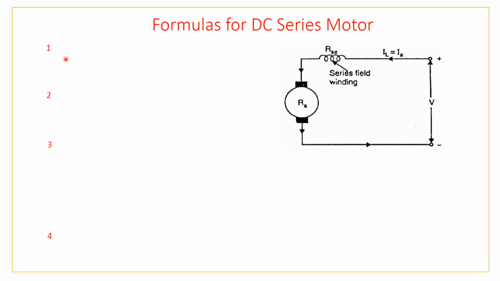Rest everything will remain same. Hence we have only 4 formulas here, whereas we had 5 formulas there. So let us start with the first one. So to find the armature current IA, so there it was ISH, but here now it is nowhere necessary to find ISC. ISC means series current, because it is same. IL is equal to IA is equal to ISC. Therefore whenever they mention the load current in the problem, directly IA is equal to IL. So done with the first step.